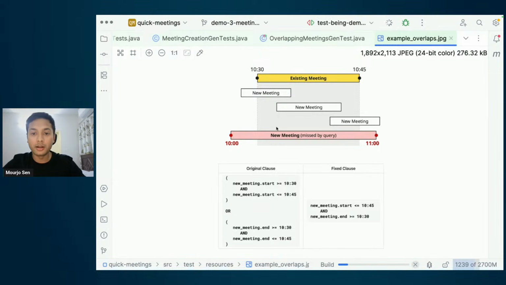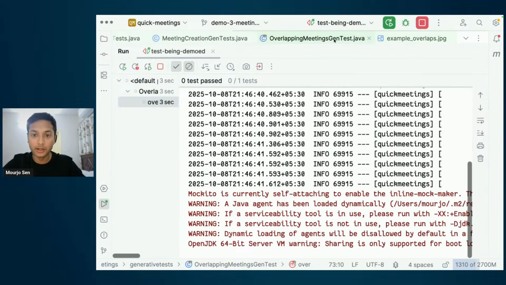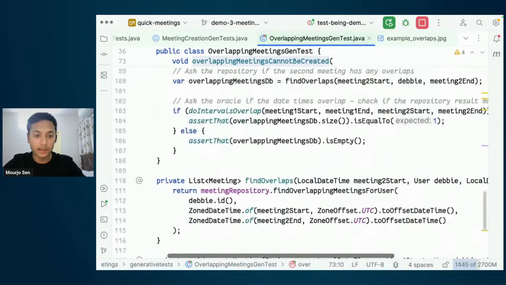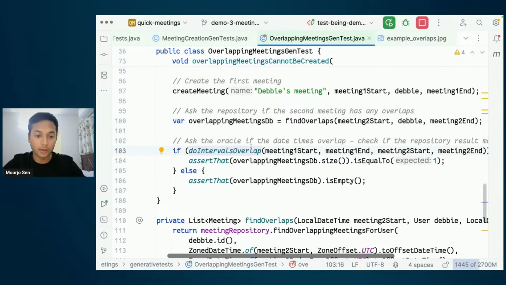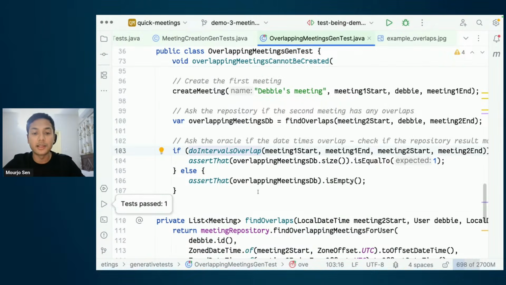So once I fix the query, it should pass. Let me show you the test while it runs. So here, what I'm doing is I'm saying that if the database overlaps, then ensure that the result from the database is the same as the result from my manual comparison. The whole intention of this is that when we go to production, the database will have a lot of combinations of inputs, right?